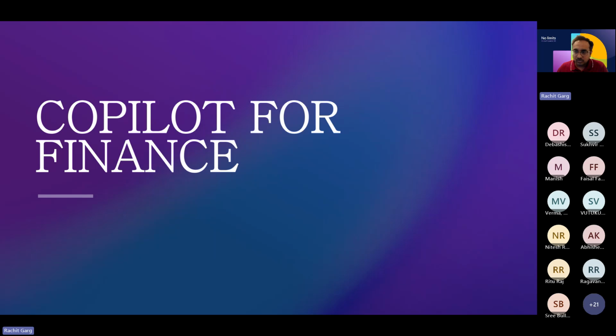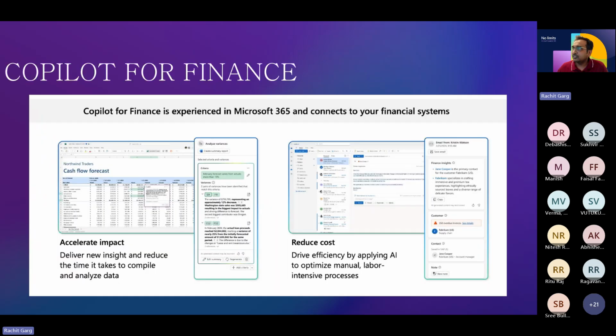A bit of an introduction about Copilot for Finance. So Copilot for Finance is basically an Excel and Outlook based experience. What it does is it allows you to quickly do simple things. So for example, in Outlook, you can add a contact to a customer. So when an email is opened, it will check the email address of the sender and it will populate all the relevant information on the sidecar. And you can basically see, okay, this contact is for this particular customer, which are the open invoices. You can update things like settlement date or some notes against an invoice. So it helps you to avoid navigating back and forth between application and Outlook.